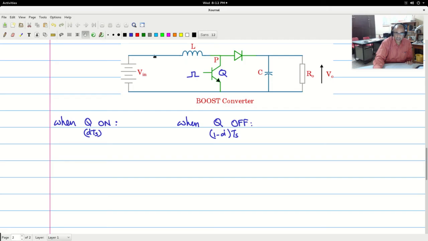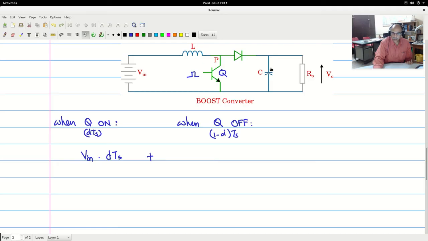Potential on this side of the inductor is Vin, so the voltage across the inductor is Vin, so it is Vin into dTs plus,